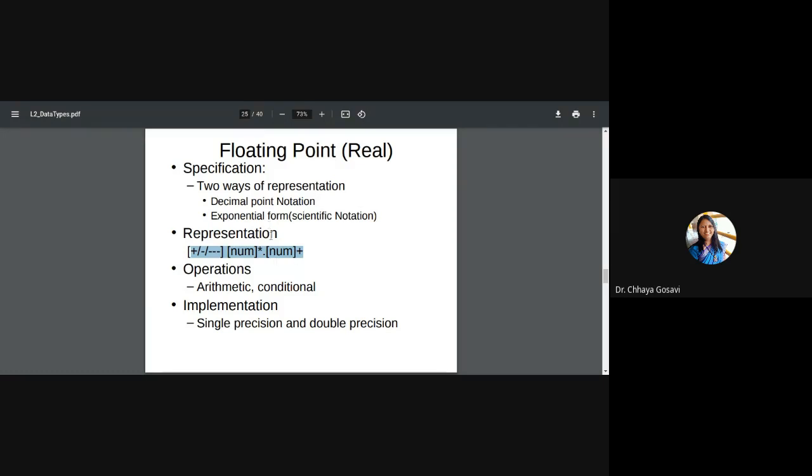No need to display this. You can remember there are different types of decimal point notations, and this is how the compiler checks whether it is in proper format or not.